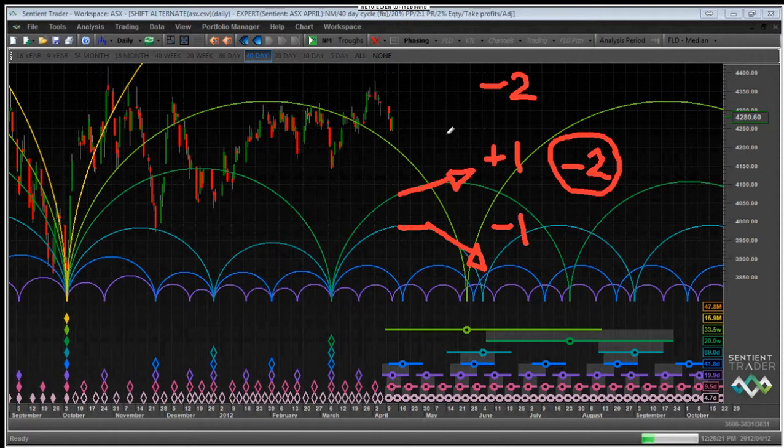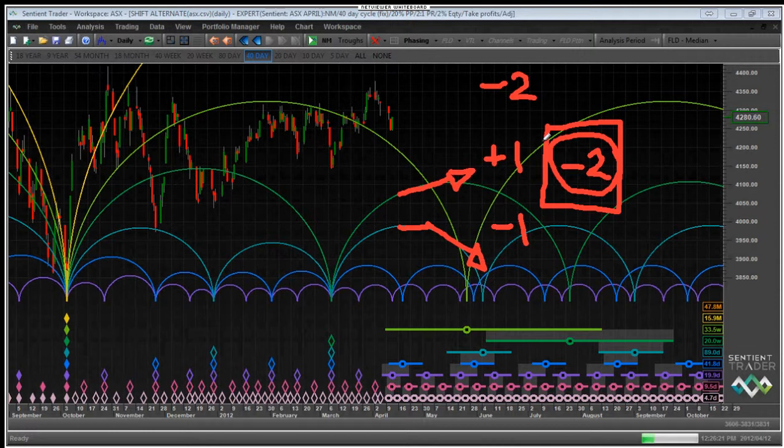Okay, so what I've done is I've looked at all the longer cycles and I've worked out very simply, is each one of those longer cycles moving up or moving down? Because if a cycle is moving up, it means it is causing prices to move up. If it's moving down, it means it's pushing prices down. Okay, and I simply added those up, as you've just seen. And the grand total of all cycles that we are able to analyze on this particular chart is this total here of -2.